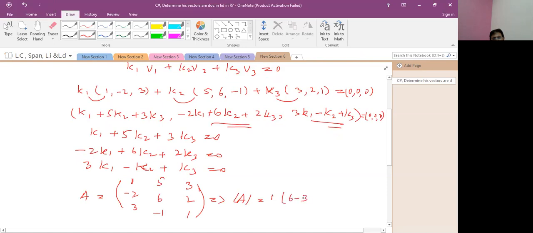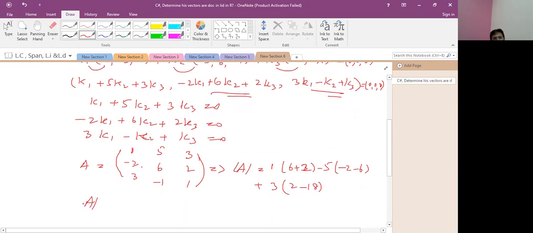6 minus minus plus 2 1 the 2 minus 5. When we consider this column, minus 2 minus 6 plus sign 3 times. When we consider this column, so minus minus plus 2 minus 18. And when we simplify them, it is 8 minus 8 minus 5, it means plus 40. Plus minus 16 into 3 minus 18 plus 2, it means minus 16 multiplied by 3 minus 48. It means determinant of A is equal to 0.